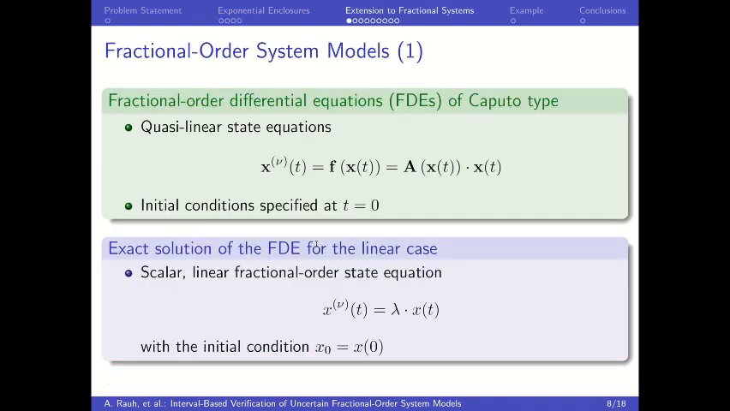Now, let's move on to the case of fractional order system models. In fractional order system models, here on the left-hand side, the differentiation order nu is a general, non-negative, real-valued parameter and not strictly equal to 1. On the right-hand side, we assume that we have either a nonlinear representation that is given by the function f, or factored out the state vector x in terms of this quasi-linear representation where A of x is a state-dependent system matrix. Initial conditions for the differential equations of this type are again specified at the point of time t